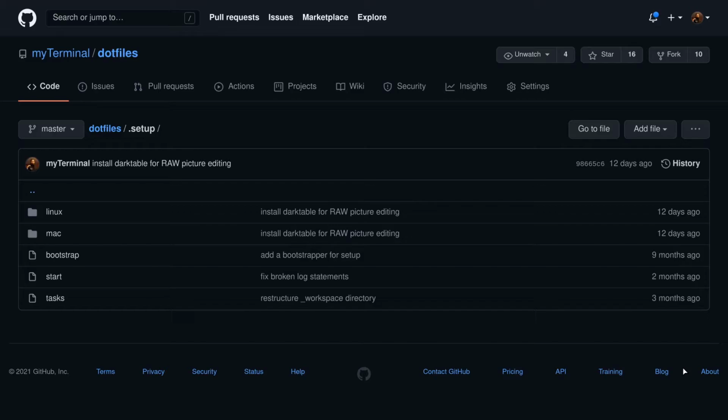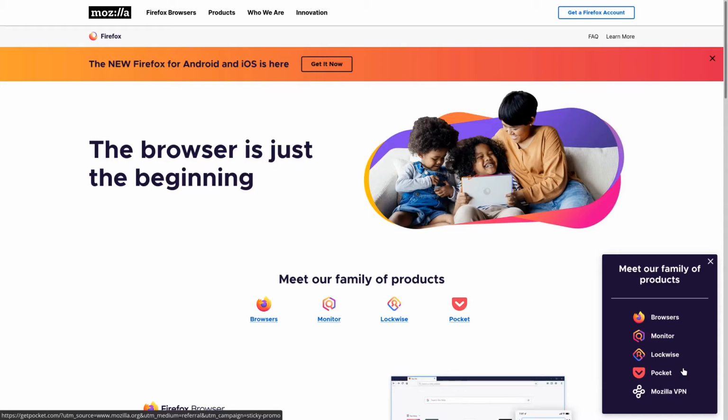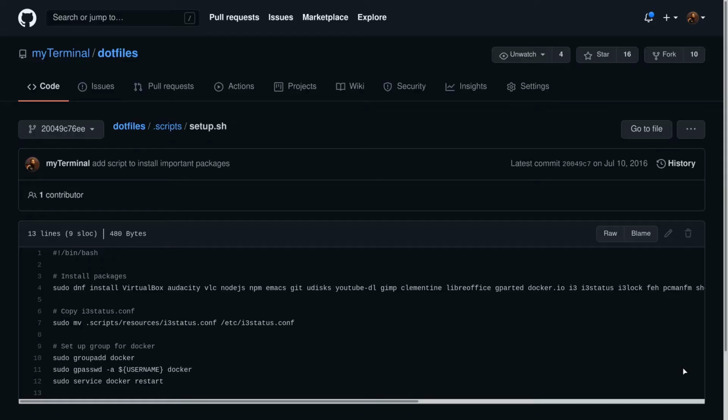In fact, the system that I've recorded this video on, with very little left to do manually, most of which would be mundane tasks like logging into my Firefox to sync my account and settings, and a few things here and there. Back when I first implemented a setup script in my .files, getting it onto my new computer involved multiple steps. Not that the steps were complicated in any way, but they had to be all typed manually.